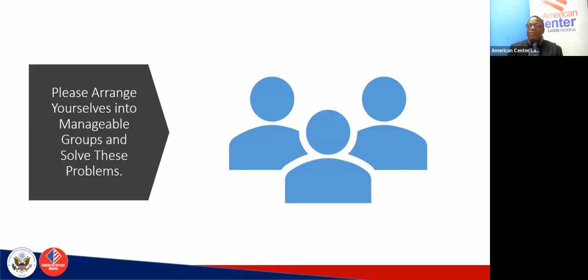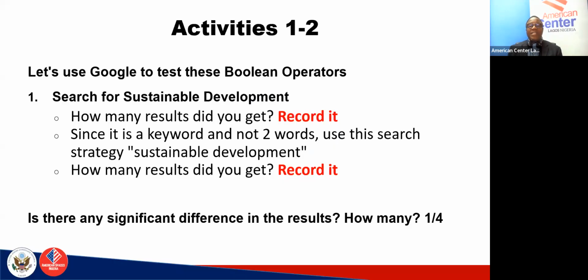I would like you to work as a team. Everybody, like in American Center here, you can form one group. So please turn your chairs so that you can talk to those who are in American Center here. And those of you in your locations, probably in 5-5 or 4-4-5-5, group yourselves. And we're going to solve these problems together using these examples. The first one, activity 1,